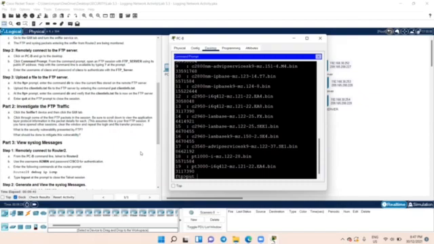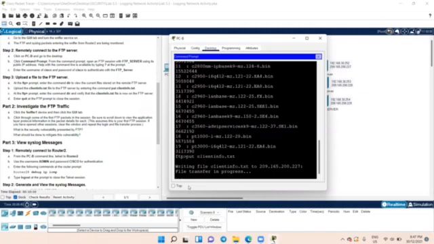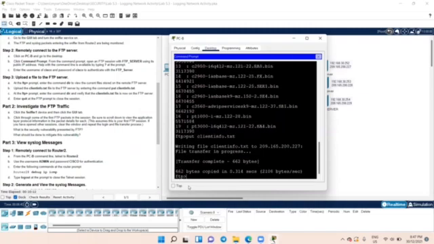So I am going to put client. Over here, upload the client_info.txt file to the FTP server by entering the command put client_info.txt. So over here, put client_info.txt. Over here, we are going to enter. Okay, after the transfer is complete,